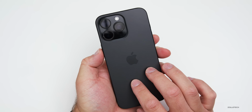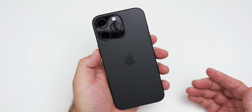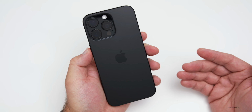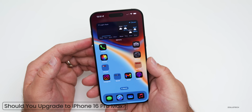as Steve Jobs refreshed it every couple of years, from the 5 to the 5S, 6, 6 Plus, 7, we even got a slight refresh. It seems like it's just slowed down over time, and I think they should change it every couple of years to keep it fresh. So if you're wondering if you should upgrade to the iPhone 16 Pro Max at this